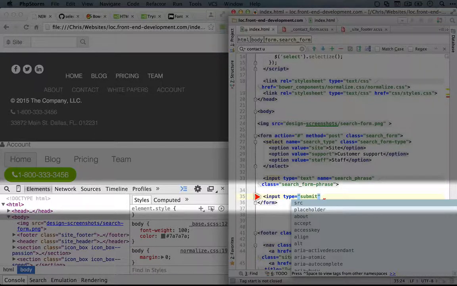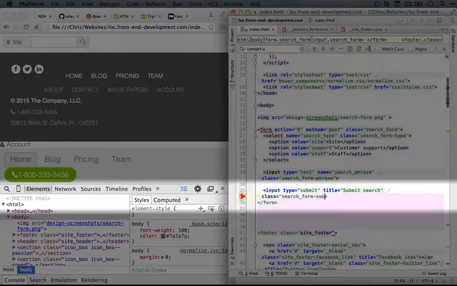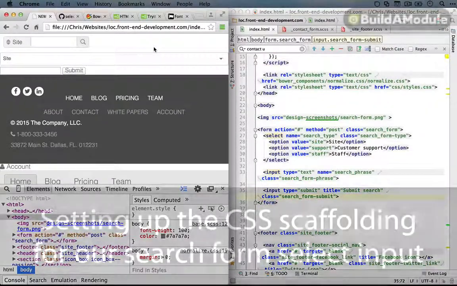And then like we did before, when we had an icon that symbolized some important user interface element, we added a title. So let's go with that approach here. So we'll do a title and we'll do submit search. And let's add a class so we can style this, search form submit. All right, we'll save this and refresh. Okay, so